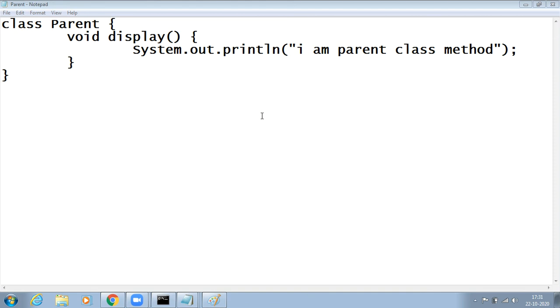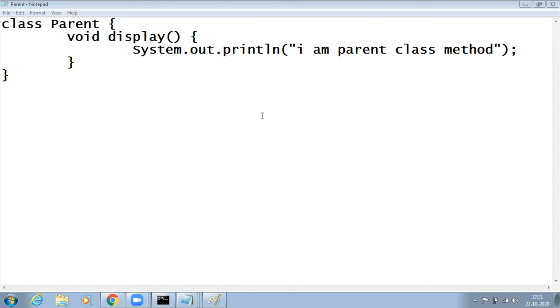So the main method can be represented in any number of classes. That's no problem at all. But the reason is that wherever we use the main method, there you can access the class properties and methods. The situation where you have to use the main method is where we are able to access the properties and methods.